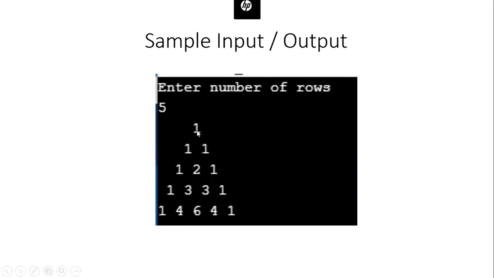If you observe the triangle, before the first number in the triangle, we have certain spaces. And after that, we are printing a number. If you see the second row, first we have certain spaces, then we are printing one number, then we give one more space, then we are printing the second number. Then in the third row, certain spaces, first number, one space, second number, another space, third number. Likewise, your output goes. Now, we need to understand the logic behind this program.